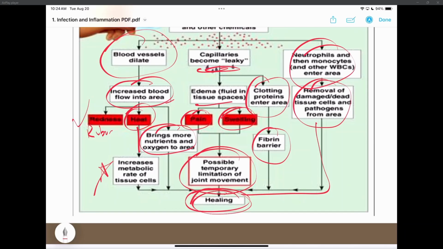Why do they get swelling? Well, vascular permeability goes up, and fluid leaks out of the vascular system into the interstitial space, causing edema, which is swelling. That's why you get swelling. Pain, because all this extra fluid is going into an area, your skin can't grow anymore. It's going to get very taut. That's when you get that very shiny looking skin, because that skin is being stretched so much from all the inflammation. It causes pain. Redness and heat: increased blood supply to that area causes the redness and the heat.